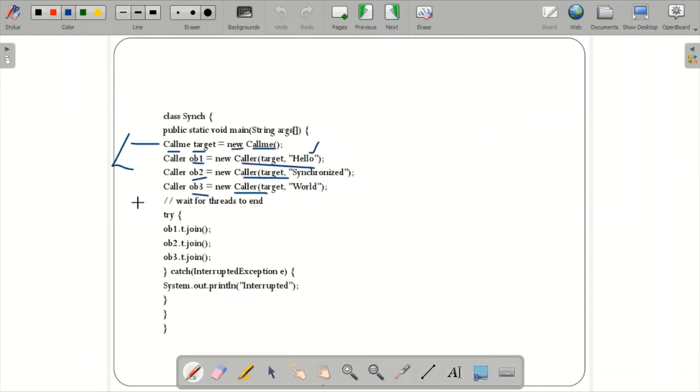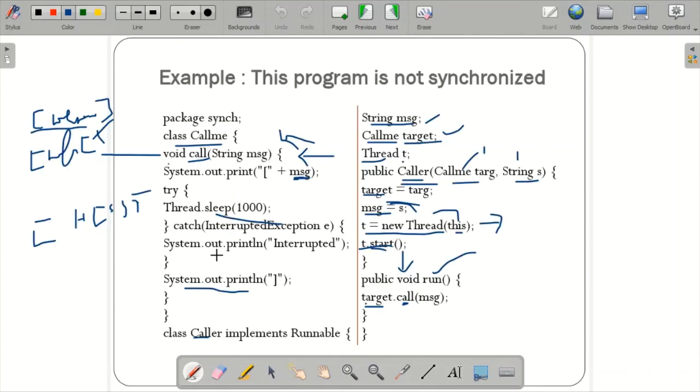I have not used the keyword synchronized. Then what is happening within this? Waiting for the threads to finish. So I used join here. Join means it will wait for the first thread object to finish, the second thread object to finish, and the third thread object to finish. If it is interrupted, then it will tell interrupted. If it has finished successfully, it is finished. That's what it is being told over here. So we'll just check the output of this in the case of not synchronized.